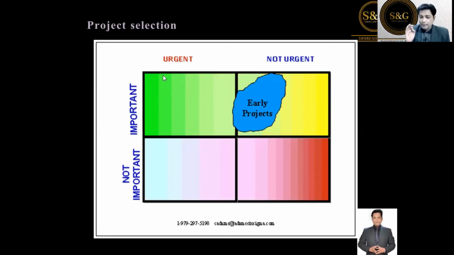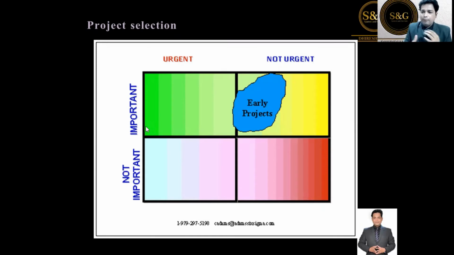Amazing, Ashutosh. A very, very important factor we need to understand. If we select an important and super urgent problem, we tend to bypass a lot of processes in DMAIC. We tend to bypass the project charter and data collection. So if it is important and urgent, what will we do? Ideally 4 months, 6 months of data should be collected, but we will take only 10 days of data, and the data might not give us the right picture. We conclude on the wrong data, and then the root causes will be different and the solutions will be haywire.